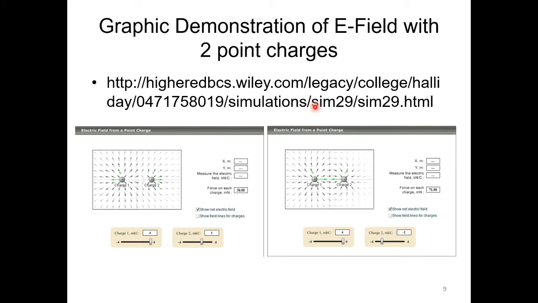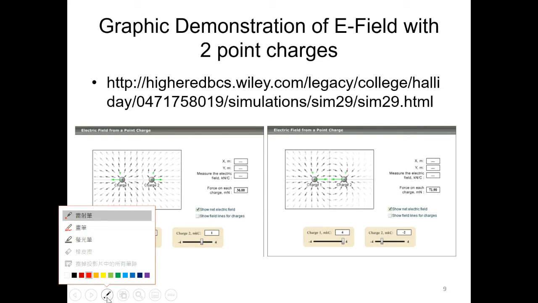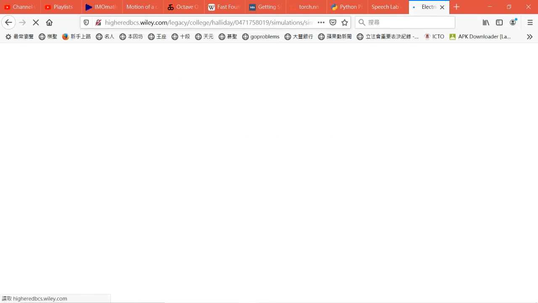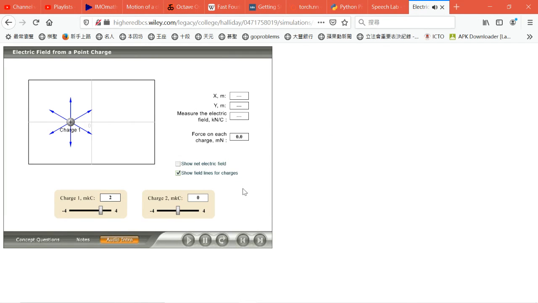So here is a simulation. I think I can still load it. Yes, okay. This simulation deals with the electric field near a single point charge. You can see my cursor, noting what happens as you adjust the sign and magnitude of the charge. Then add a second charge, adjusting its sign and magnitude to see how that affects the direction of the E field arrow and the net electric field. And if we have another charge,